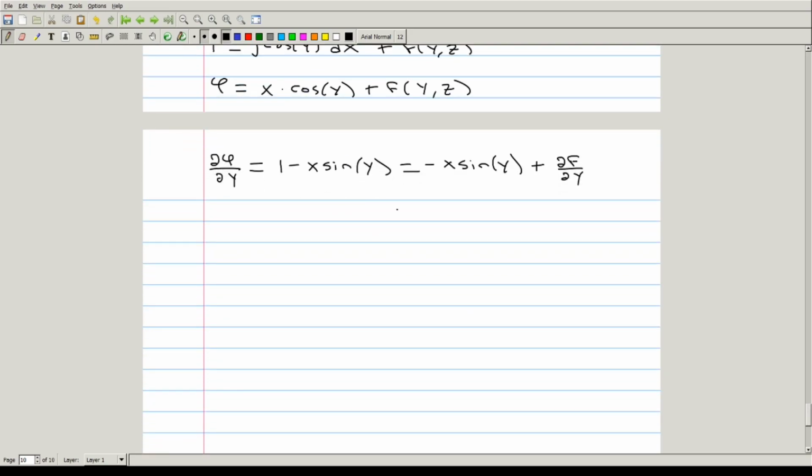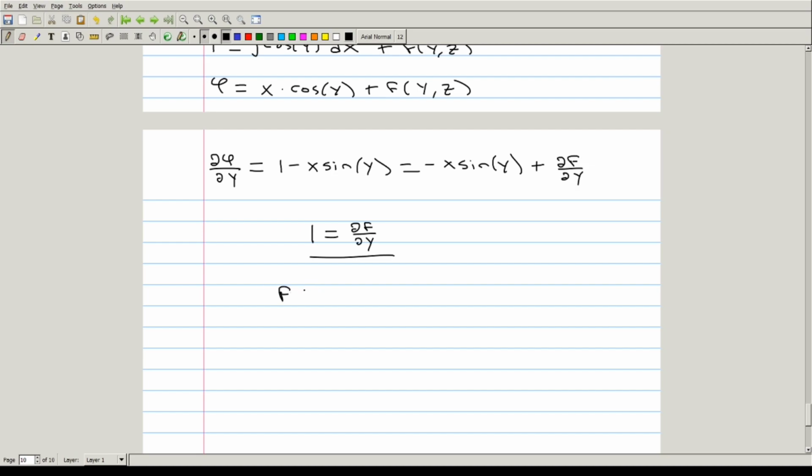And this gives us a very nice equation: the partial derivative of f with respect to y is equal to 1, if we add x times sine y to both sides of this expression. So we can do the same exact thing here, we can take the antiderivative of both sides of this expression to get that